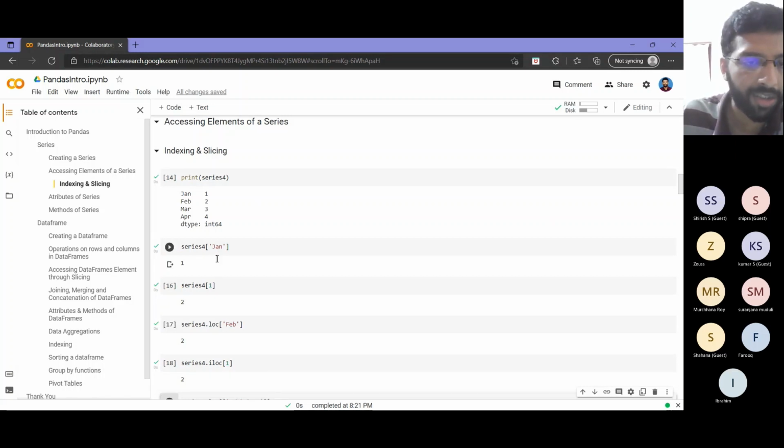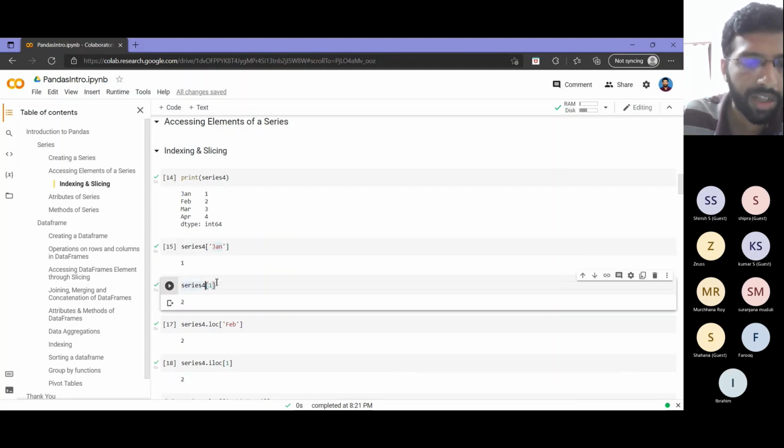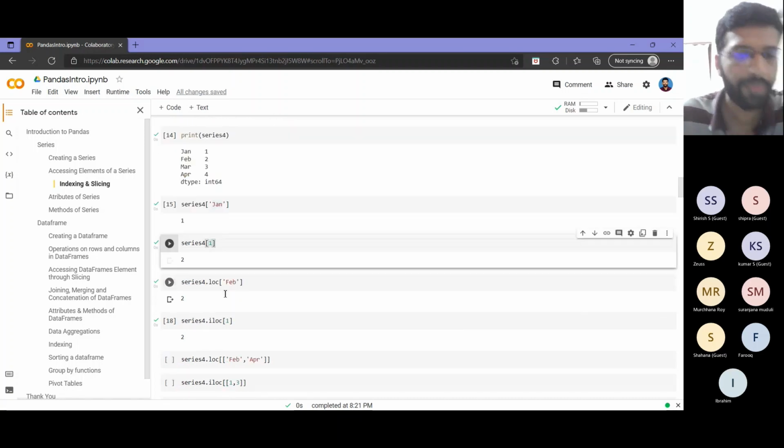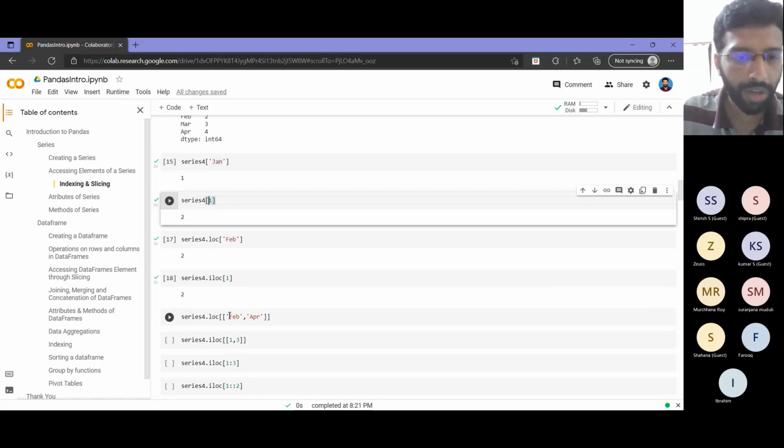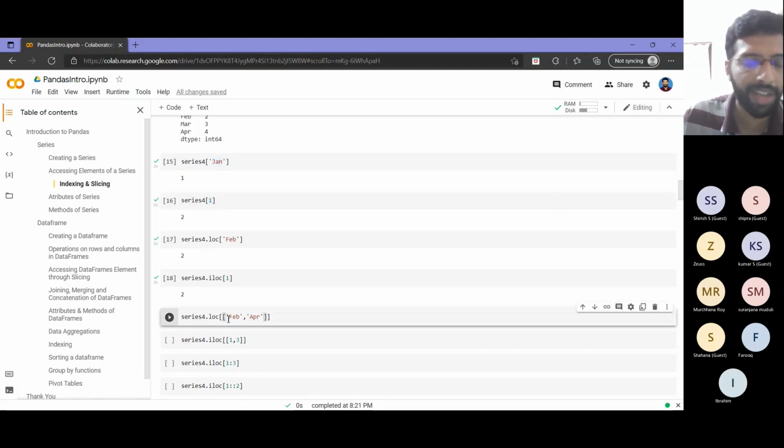Like deprecated things go for label based indexing like that, if you directly try to access using this first type of method. Okay, then we'll move forward. Now here we took one index. Now suppose we want... I will be mostly following loc and iloc only. So it will mostly work if you try this way also. But from a code standardization point of view, I'll be following loc and iloc only in my subsequent examples.